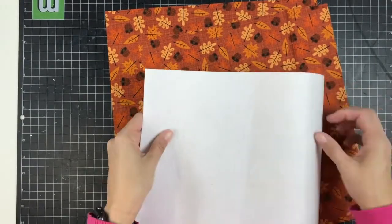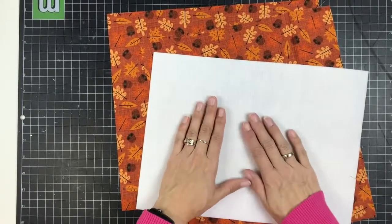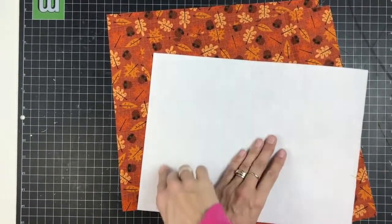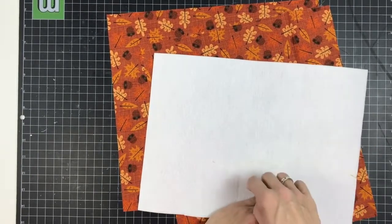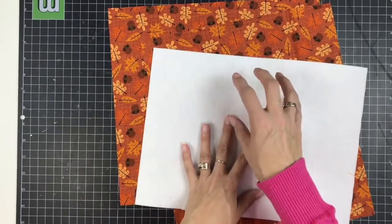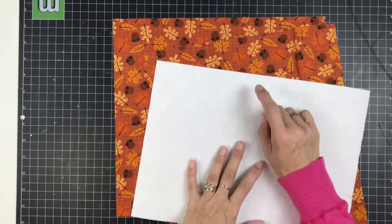So I'm going to be using this in between the layers of the fabric, and then you're just going to iron this down on both sides, and then both things will stick together. And then I will end up sewing around the edge, adding a couple eyelets in, and then having the book completed. So I'm going to go through now, and I'm going to iron the 2 pieces of fabric onto this